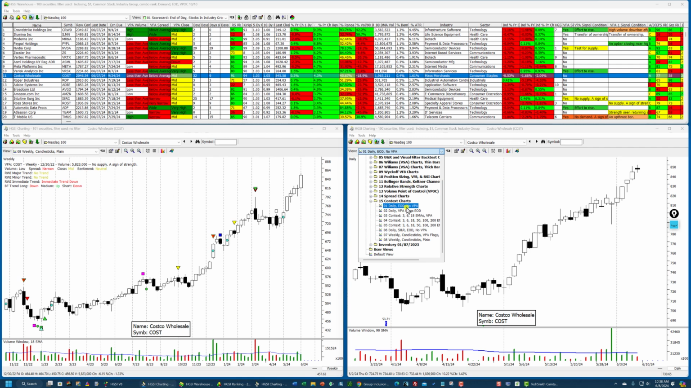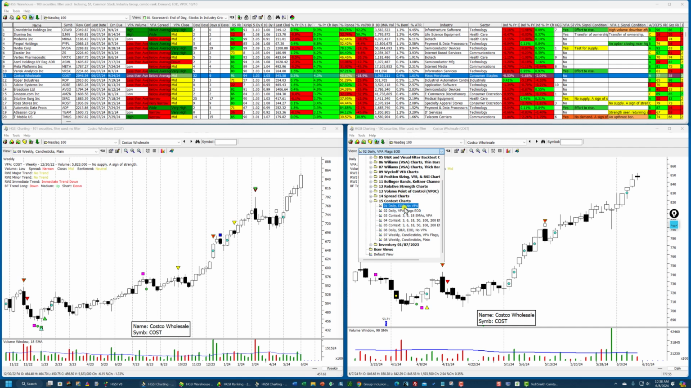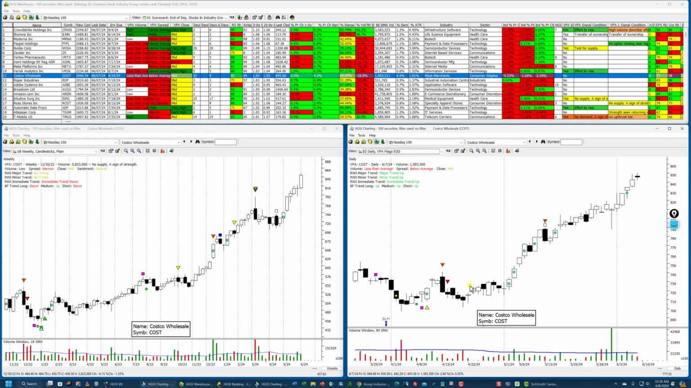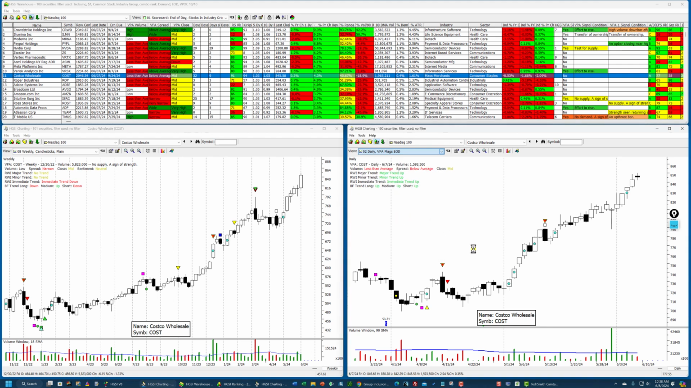Okay, let's put the VPA flags in here. This whole process I've been showing you just puts everything into context. It's much easier than just reading a plain chart. Or a plain chart is fine, but this puts it into context. And look at all the efforts to rise here. There's one pullback, efforts to rise all the way up, and then let's bring the moving averages